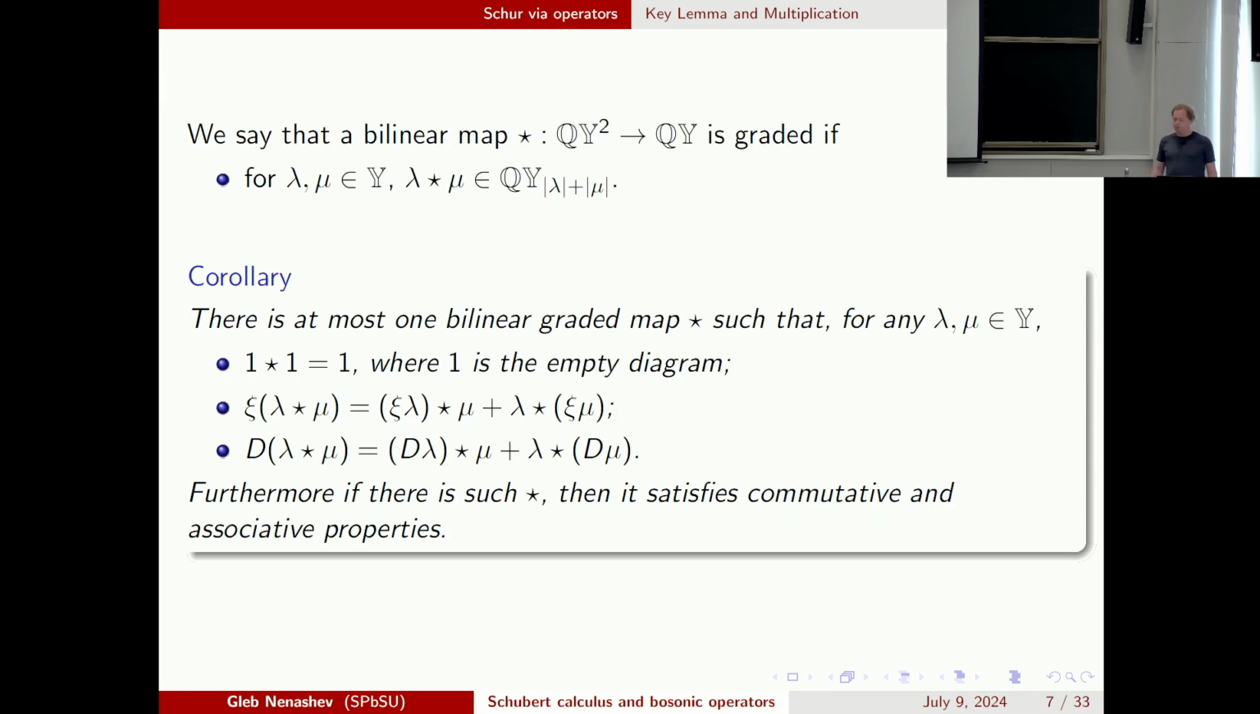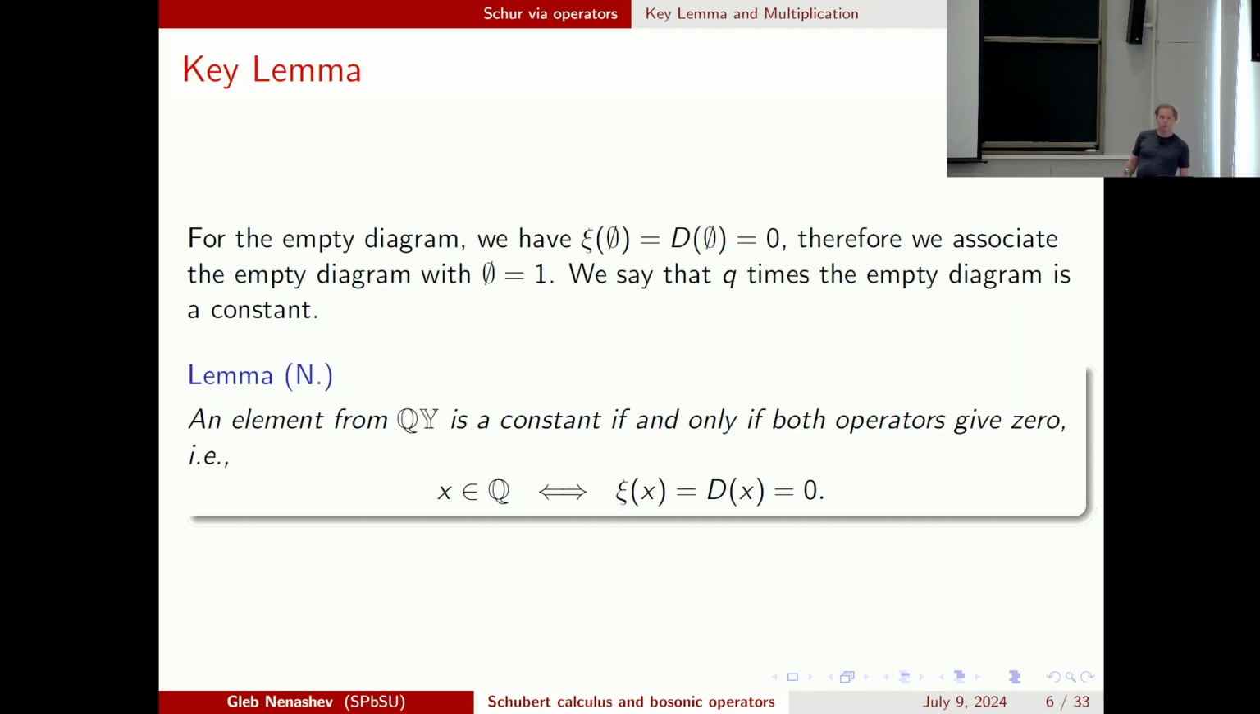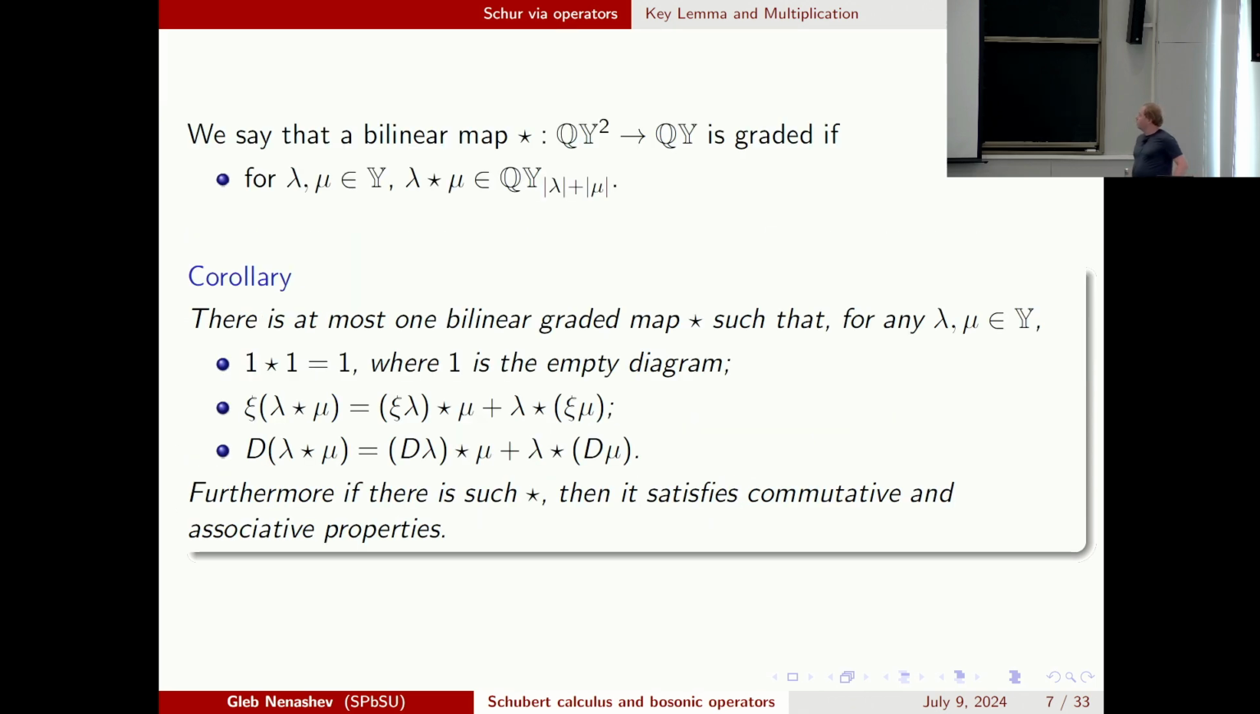And from this lemma, we can get the following corollary. X is a sum of some Young diagrams, and if both operators give 0, it means that we have only the empty diagram. Okay, and from this lemma, we immediately can get that there is only one